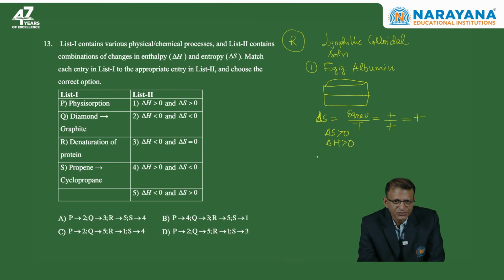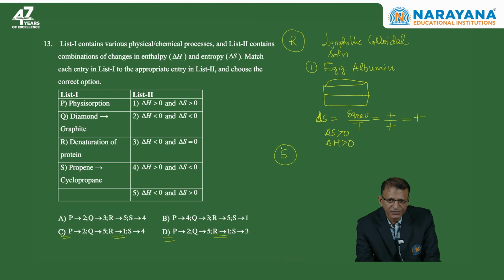So already we have decided that C and D options can come, but looking at this, again we are not going to reach the answer, because in C and D both R is matching with 1, which seems to be correct. So this is a very good question. You should have thorough knowledge about all the topics given here, and till the end you cannot decide the answer, right? So moving to the S option, where we are discussing propene